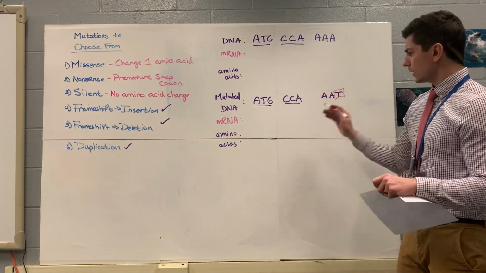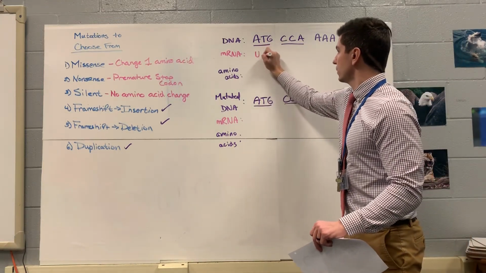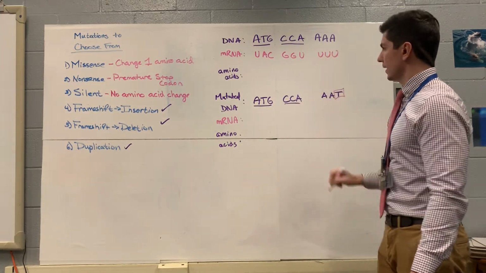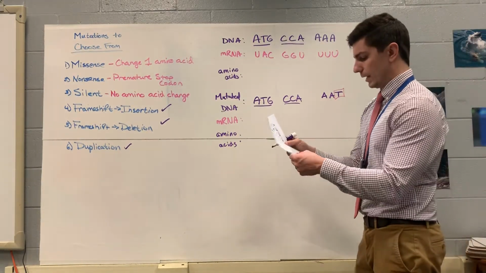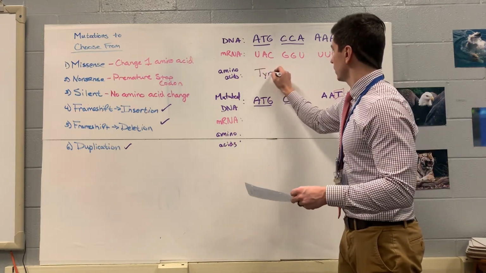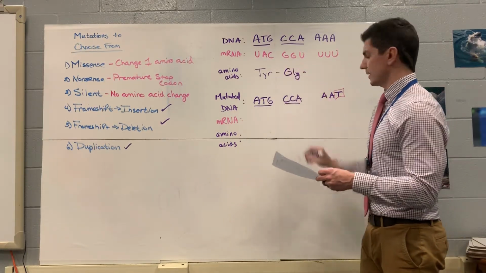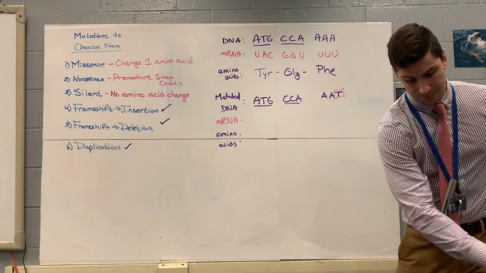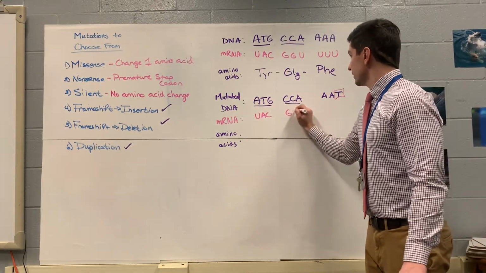So let's go to our amino acids first. ATG is going to go UAC, GGU, UUU again. If we want to go to our amino acids, just because we've done this a good bit, UAC is going to go to TYR, GGU is going to go to GLY, and then UUU is going to be, once again, PHE, right? Working down at the bottom, this is still going to be UAC, this is still going to be GGU,